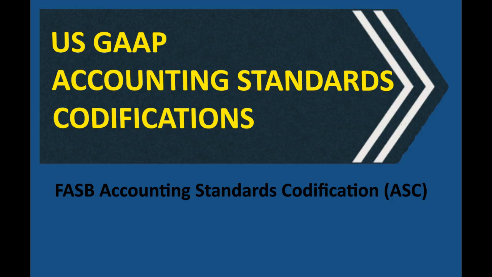Okay, so we know how new guidance comes out, but within the codification itself, how do we know what's new or what's changed? Is there like a flag or something? When the FASB issues an ASU that amends the codification, you might actually see both the original wording and the newly amended wording for a while until the new guidance is actually effective for everyone. So there's a transition period.